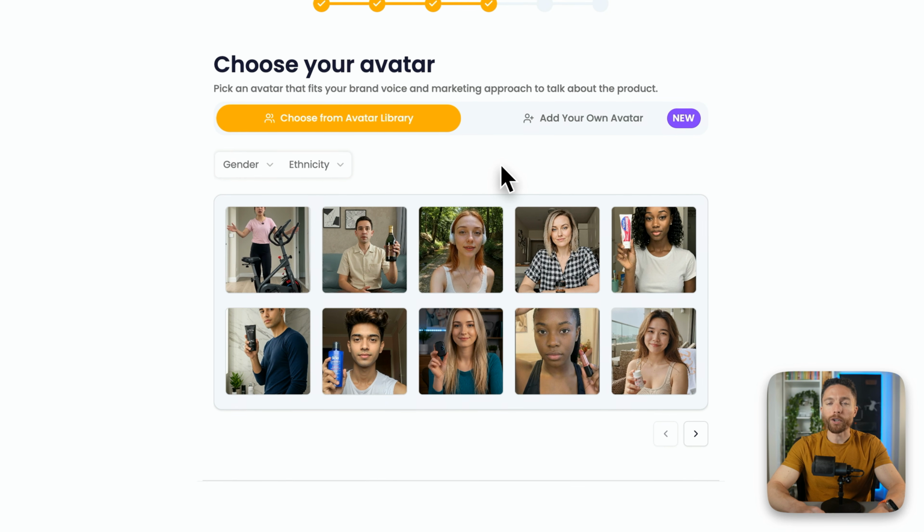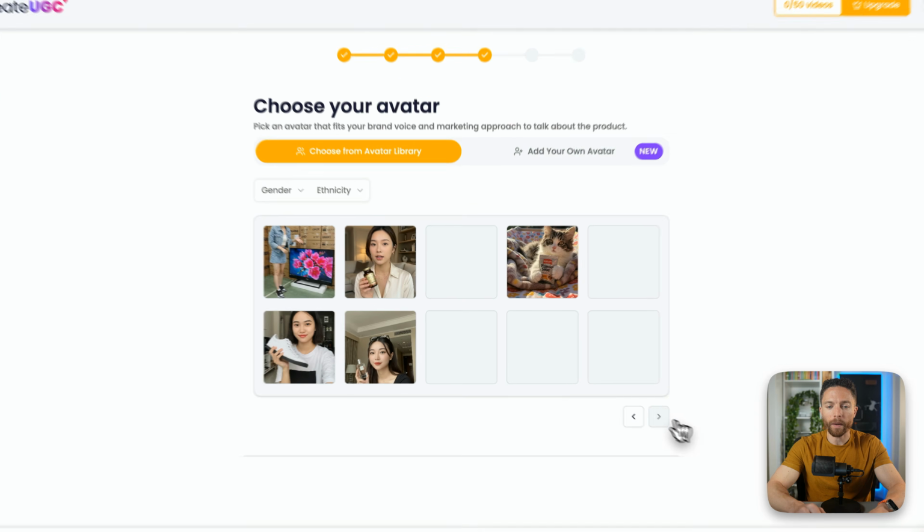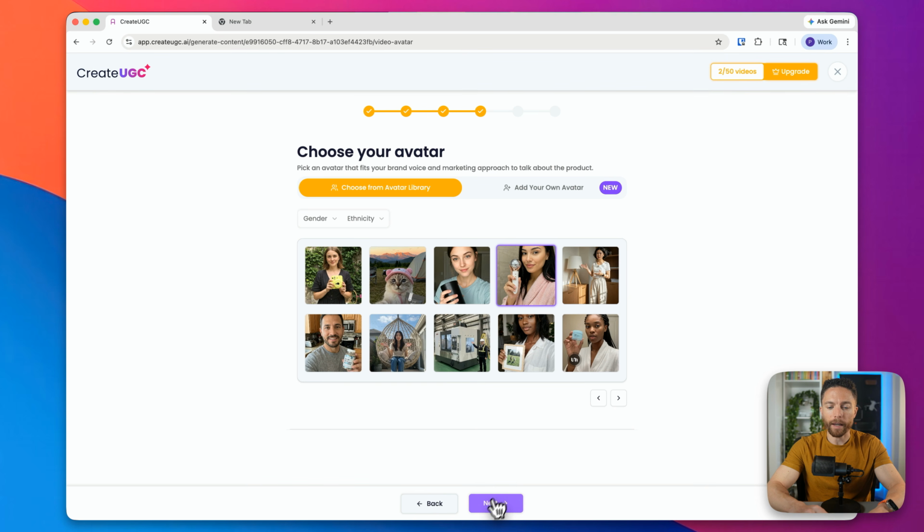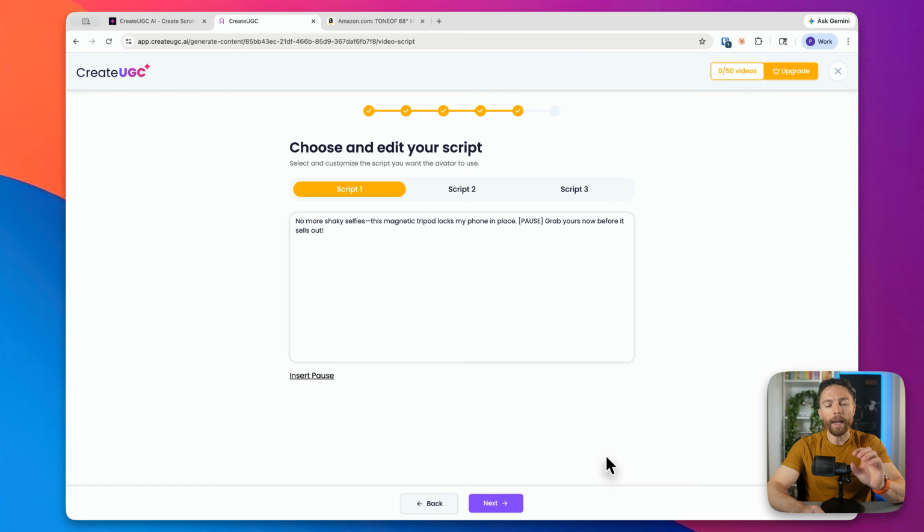This is the fun part. You can now choose your AI avatar. You can sort up here, or you can just scroll through here and find one that you like and then click on next. On this next screen, the AI has produced for you an 8-second script that the AI avatar